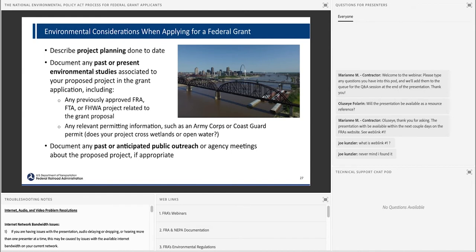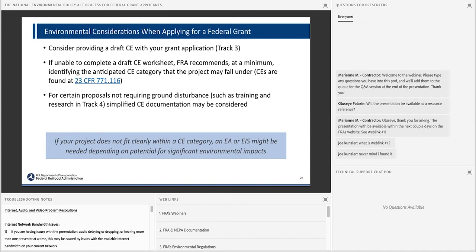And also document any past or anticipated public outreach or agency meetings about the proposed project if appropriate. And I say if appropriate because you may be applying for a planning or research or procurement type of grant, and you may not have outreach. So this is pretty much for if there is ground disturbance or you're changing the landscape. You're going to want to let your community know. And so if you're looking at